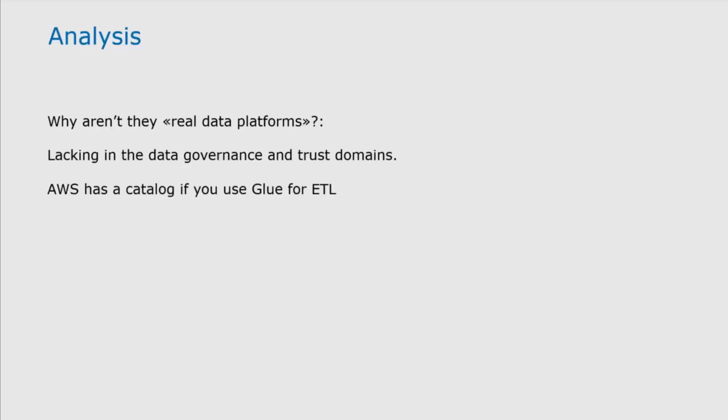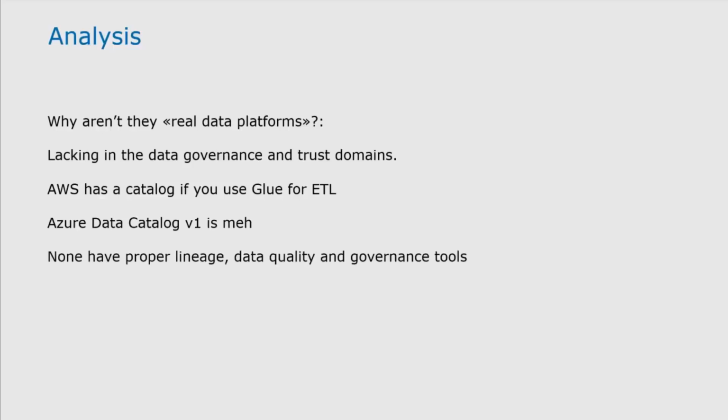AWS has a catalog if you're using the native Glue service for ETL. Otherwise, no. Azure Data Catalog version 1 is there, but it's not very good at all. And none of them have, as I said, proper lineage, data quality and governance tools, though of course there are lots of third-party tools out there that you can use, things like Informatica or Collibra and so forth. However,